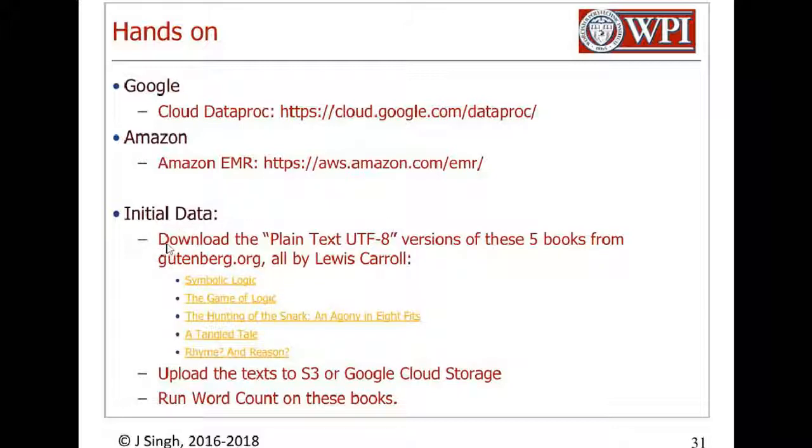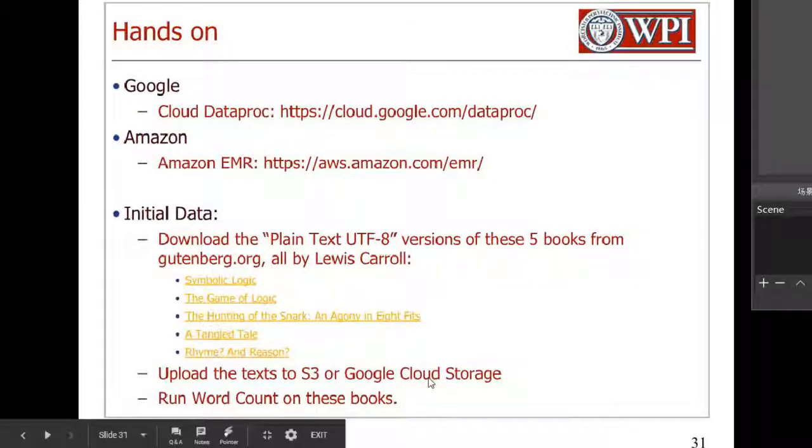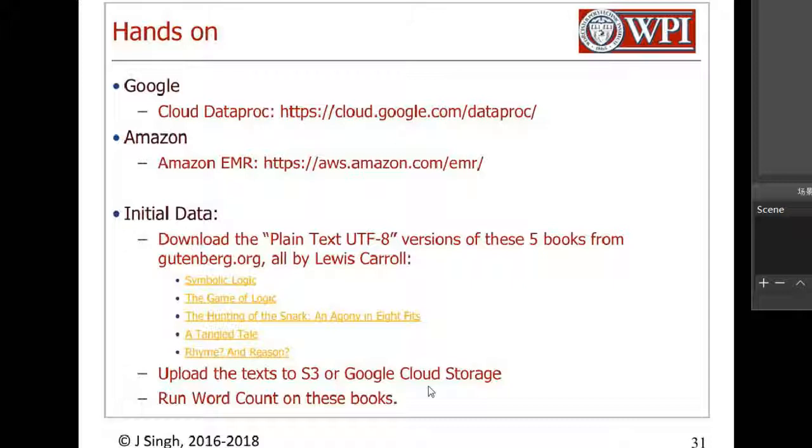The assignment is this: Gutenberg.org has all these books, and they're available in many different formats. I'd like you to go to the UTF-8 version of those 5 books, all by Lewis Carroll, download them, upload them to S3 or Google's cloud storage, and run word count on them. If you can do that or do some part of it, I think we will be that much further ahead. That's it for this lecture. We've got much more to go, but